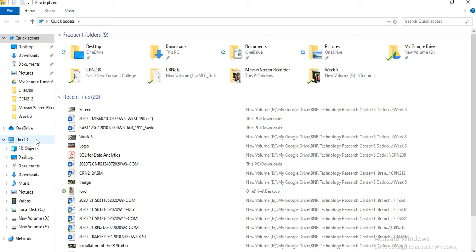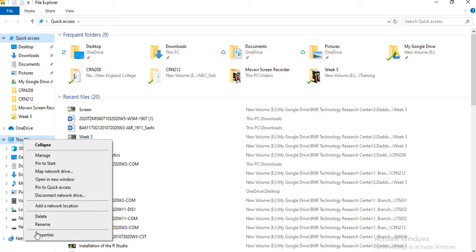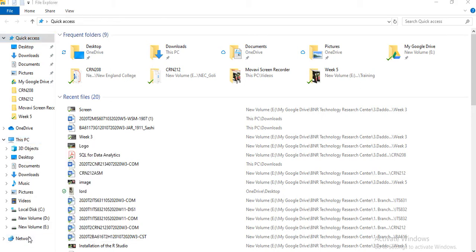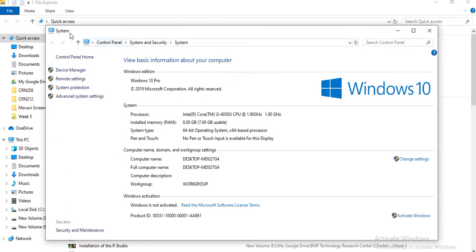If it is an earlier version like Windows 8, you will have My Computer. Click on This PC and go to Properties, and a window will be shown with your system details. In that, the system type will be given. My system is a 64-bit operating system.